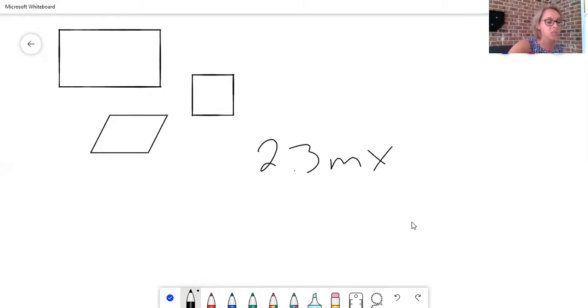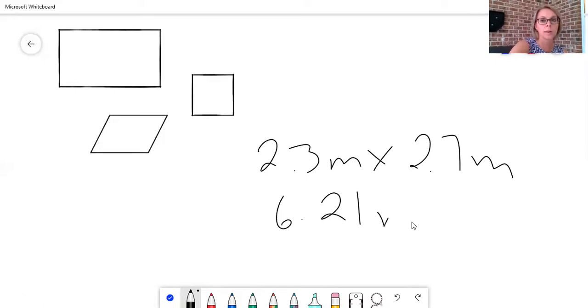My height is 2.7 meters, okay? Multiply 2.3 times 2.7. What do you get? 6.21 meters squared, okay? All right, so hop on over to number 8. Number 8 is going to be a little